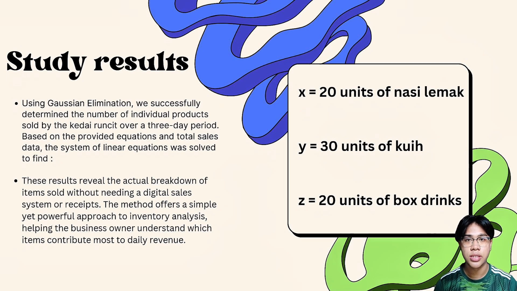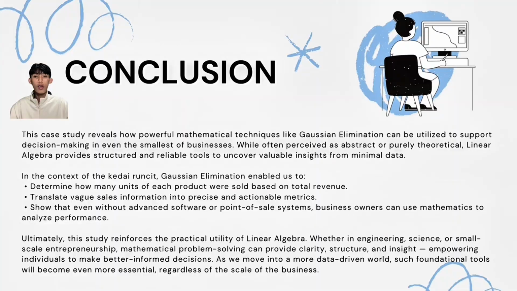The method offers a simple yet powerful approach to inventory analysis, helping the business owner understand which items contribute most to daily revenue. Conclusion. This case study reveals how powerful a mathematical technique like Gaussian elimination can be utilized to support decision making in even the smallest of businesses. While often perceived as abstract or purely theoretical, linear algebra provides a structured and reliable way to uncover valuable insights from minimal data. In the context of a kedai runcit, Gaussian elimination enables us to determine how many units of each product